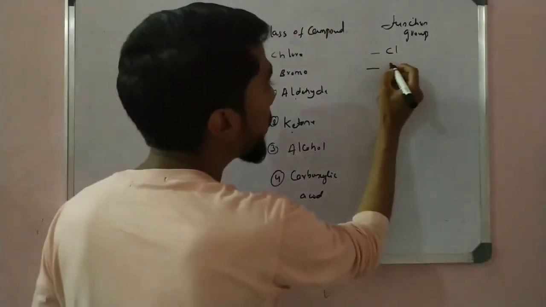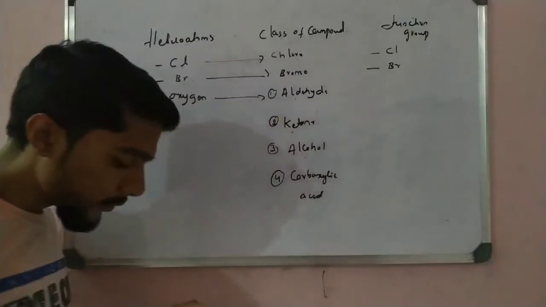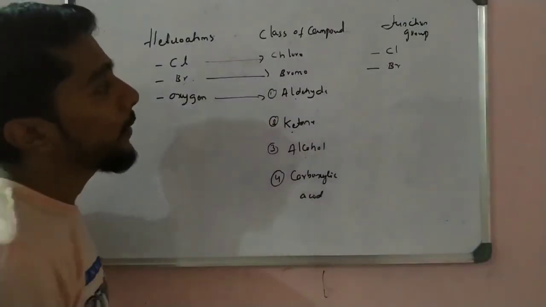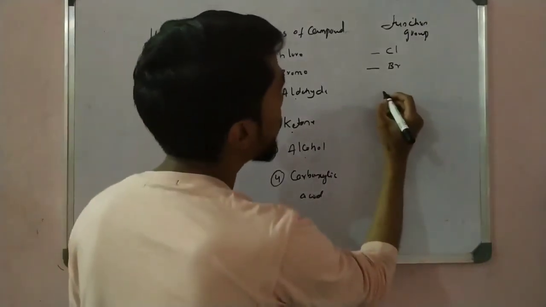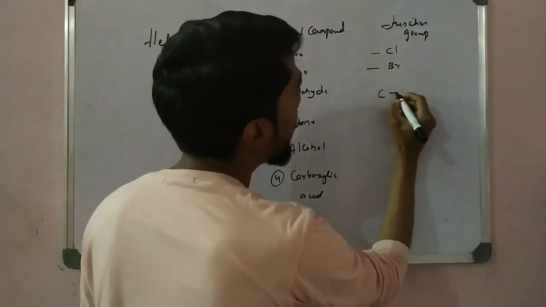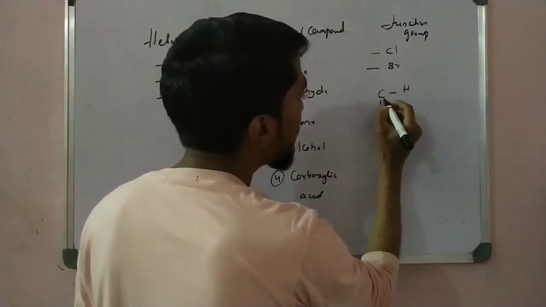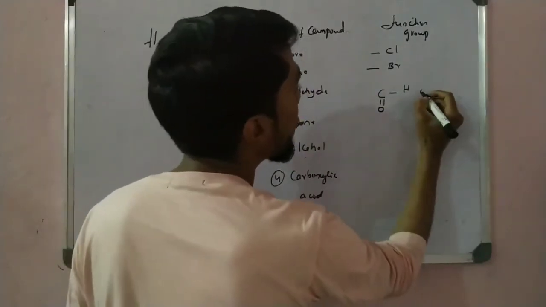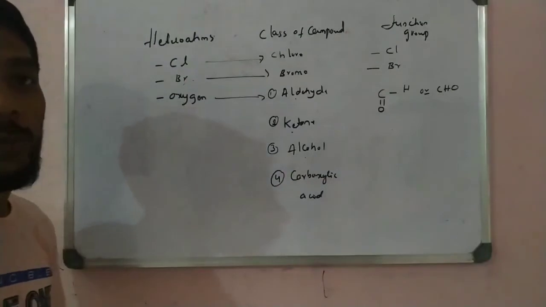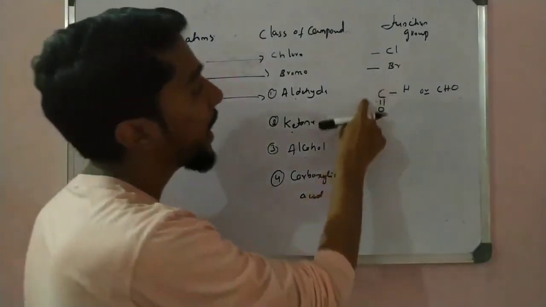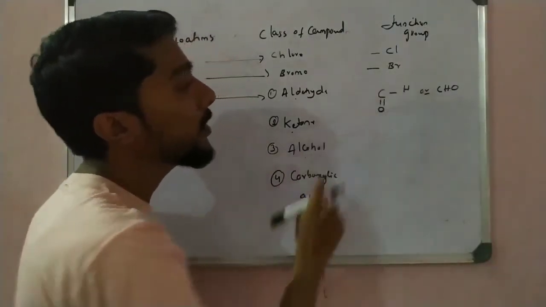If Br is nothing but a single bond, like Br, okay, it is okay, right? Now if an aldehyde is present, we observe the carbon having one H and a single bond, or maybe written as CHO. This is the functional group. If you observe this in the chain, what is it?